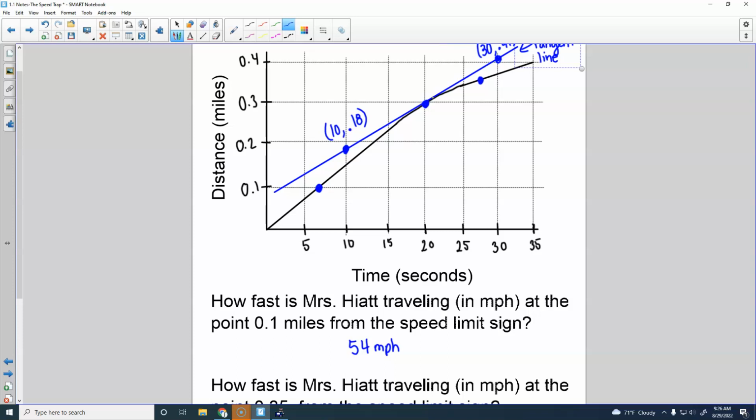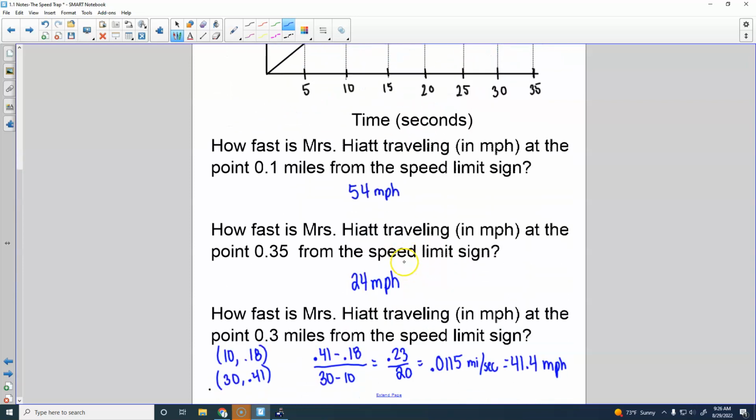Now, I was slowing down. Well, I don't know if I was. He might have got me before then. But at this point, if he got me right here, I was slowing down. Right? So that speed was changing. Now, if he got me over here, it wouldn't have mattered because I was going a constant 54. I would have been the same. Or if he got me right here, I would not be telling you about my ticket right now because I would be going the speed limit. But he got me somewhere before. He got me here or before. I think it was high 40s or 50. He wrote it lower. But anyway,